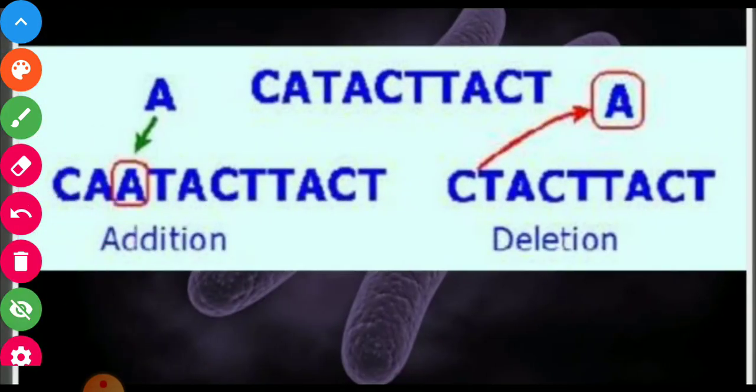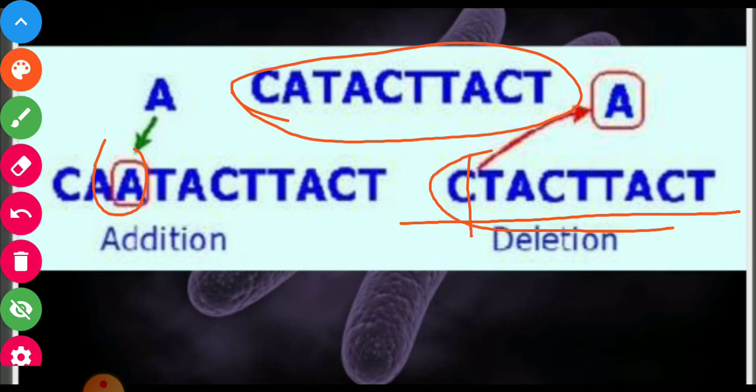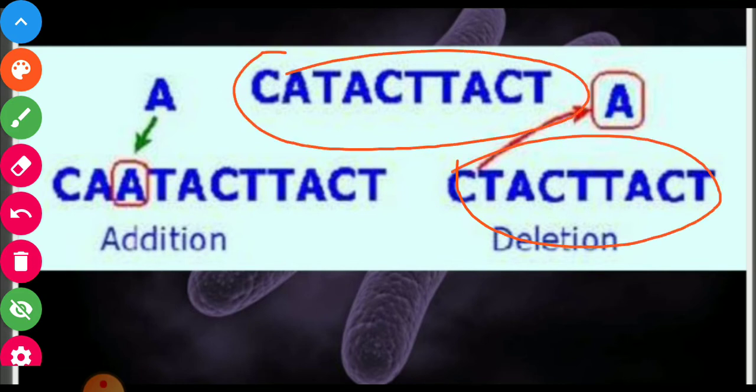See here, now you can see this is the correct information, but here you can see A is deleted. So after C, here there should be double A, but it is deleted. Now the new message changes here. See, this is a new message which has been altered. Here it has been altered. Its correct message, it is a deletion.